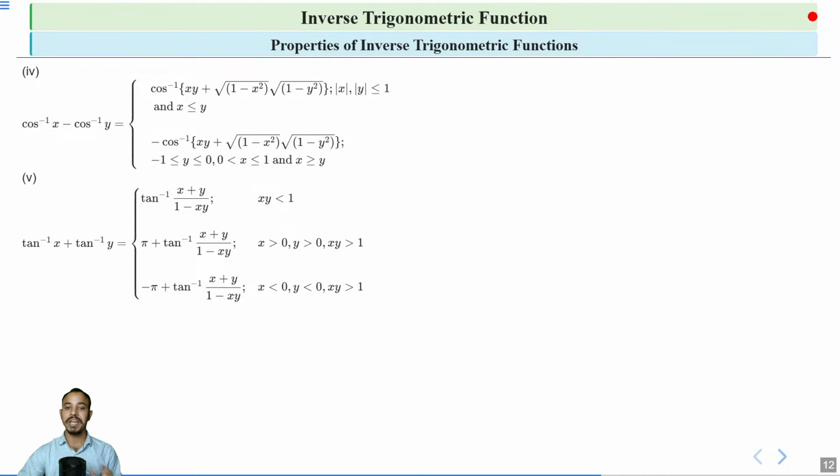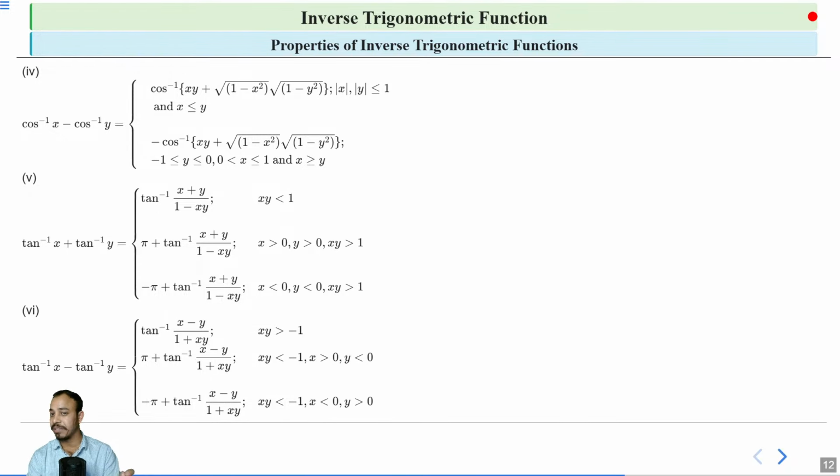Okay, when x is greater than 0, y is greater than 0 and x times y is greater than 1, then tan inverse x plus tan inverse y is equal to pi plus tan inverse of (x plus y divided by 1 minus xy). When x is less than 0, y is less than 0 and x times y is greater than 1, then tan inverse x plus tan inverse y is equal to minus pi plus tan inverse of (x plus y divided by 1 minus xy). Okay,